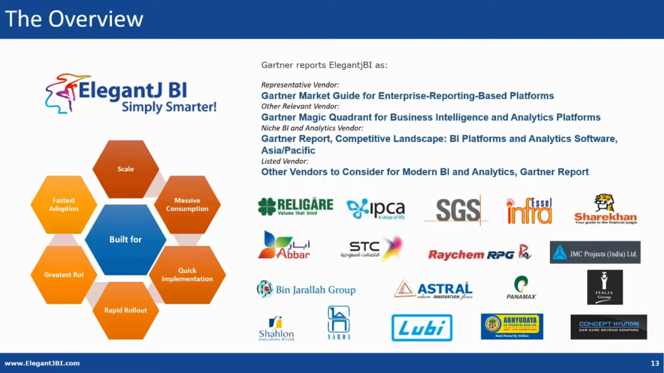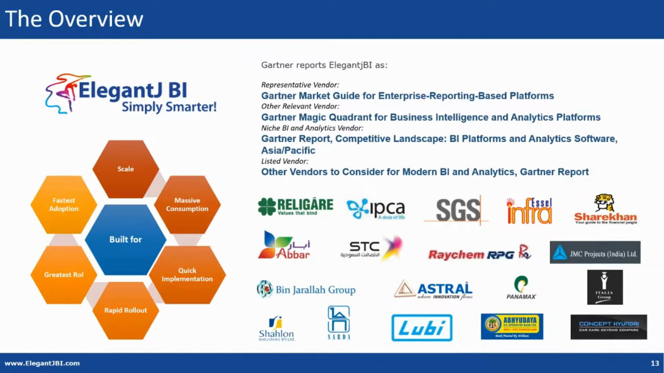This is one of the videos in the series we're doing where we enable users to use ElegantJ API effectively. For those of you who are new, ElegantJ API is a complete business intelligence platform. It's unique in its ability to scale, its amazing return on investment. It's listed in multiple Gartner reports. It's used by customers across the globe, from companies where the users are in thousands to small companies where the users are 25 or 10. So it's quite versatile in its